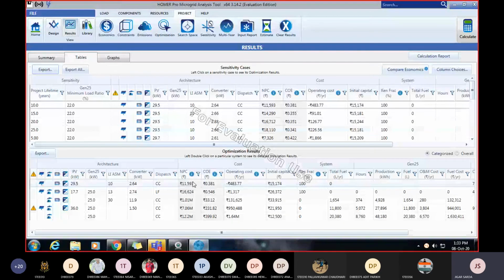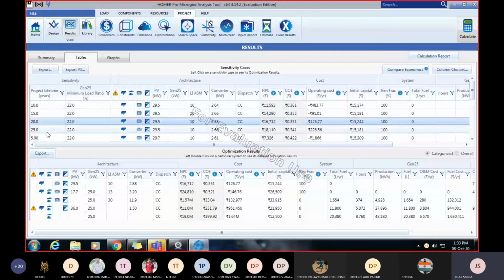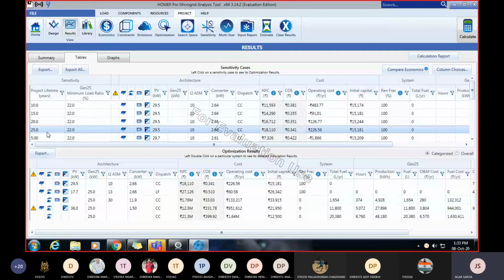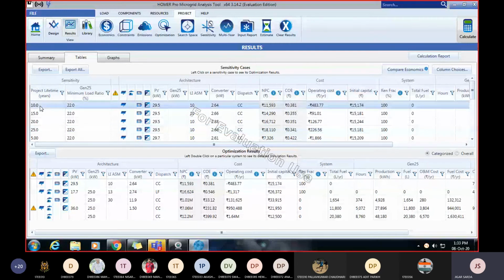Yes, this one. It is in table form. We take different life cycles: 10 years, 15 years, 20 years, 25 years. If we take a 10-year life cycle, our total NPC is 11,593 rupees.